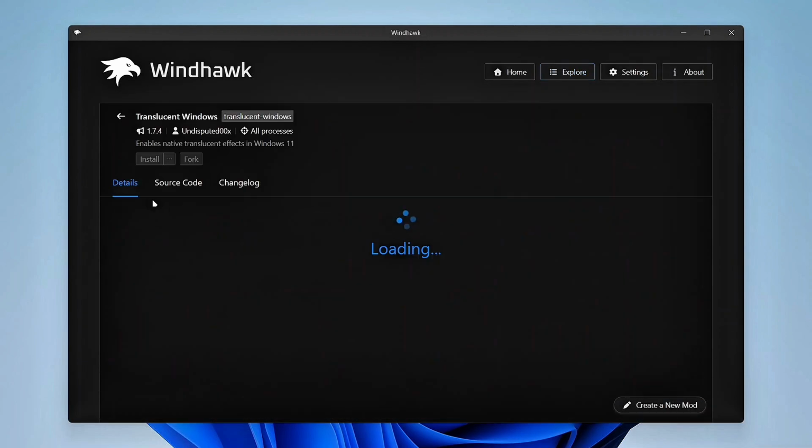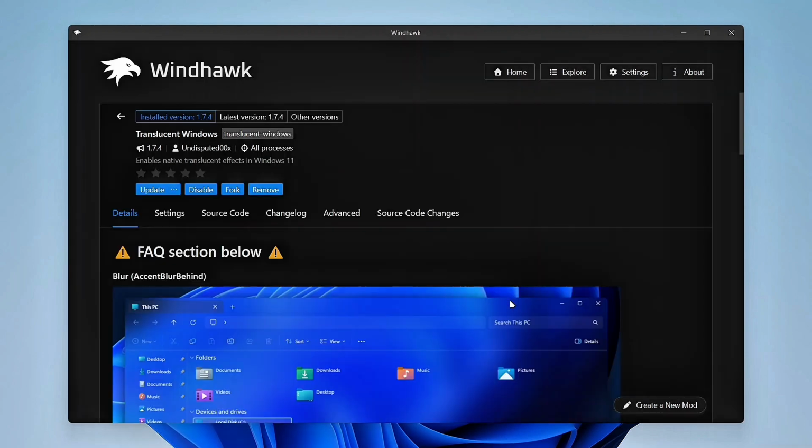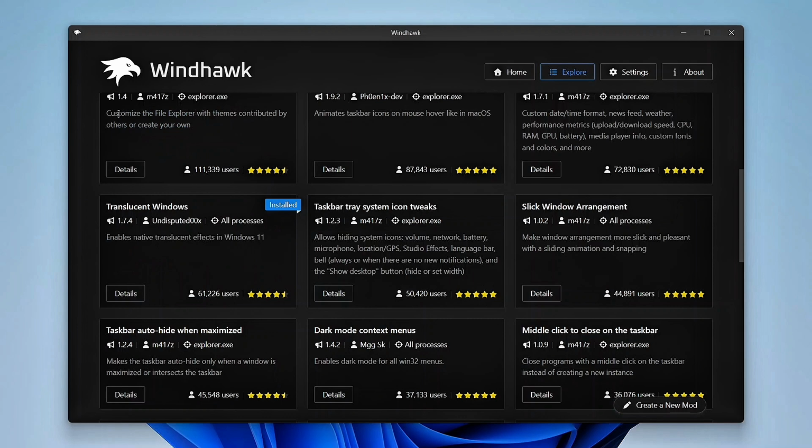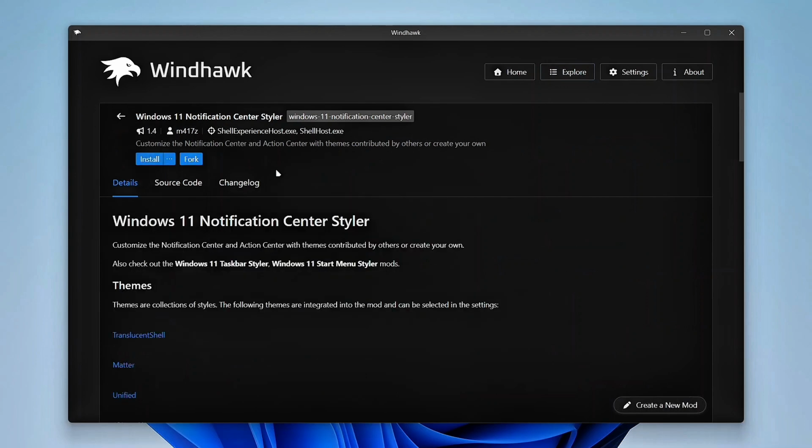Then install Translucent Windows. Then install Windows 11 Notification Center Styler.